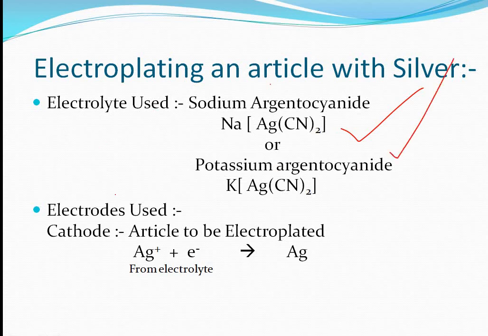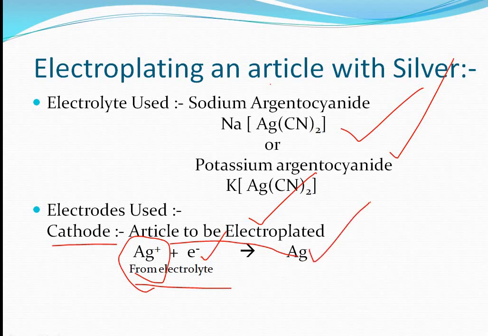And electrodes used are, for example, if I talk about the cathode, then it must be the article to be electroplated. It means it is your brass spoon which you are using for the electroplating. And on that brass spoon, the silver positive ions that are coming from the electrolyte will get an electron, because at the cathode gain of electrons will occur, and it is converted into silver metal, and that silver metal is deposited on the surface of that brass